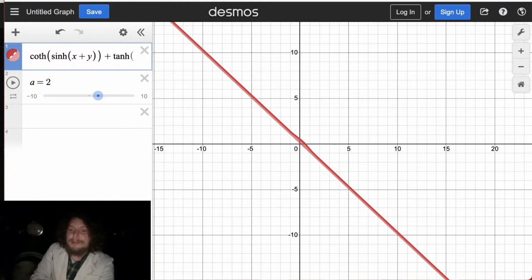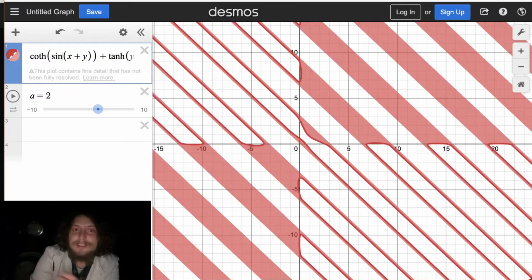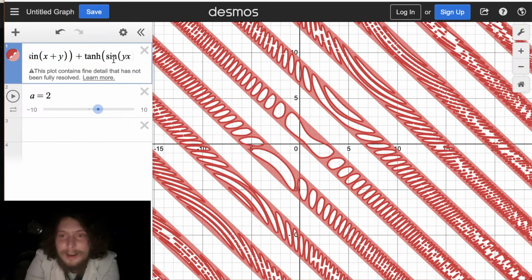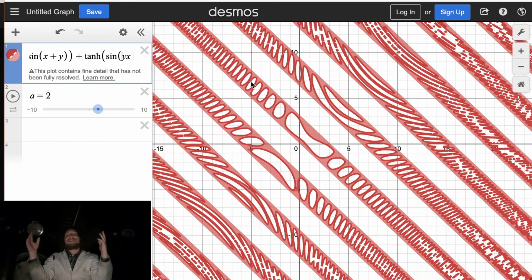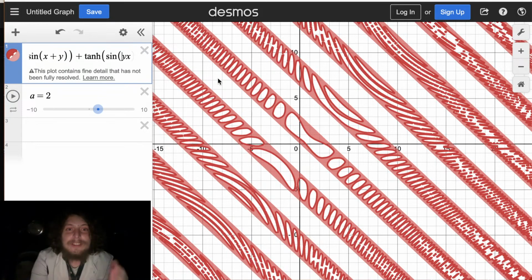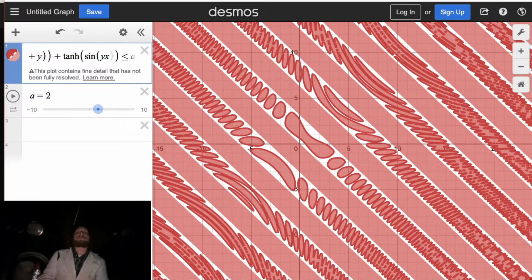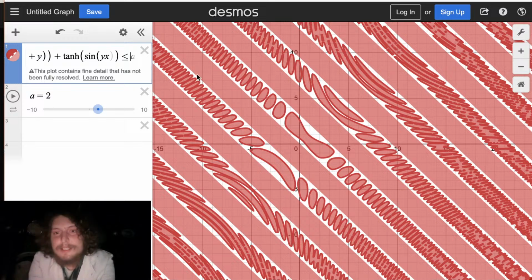Combos are important, so maybe we need some of them to be the hyperbolic trig and some of them to be regular type. Now, if that went that crazy, what will happen if we add one into here? Whoa! Now, that is pretty crazy. And if we want to make a whole series of islands, we can flip this inequality. And look at all those islands we've made, with sandbars between them.